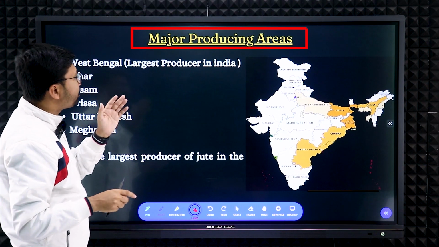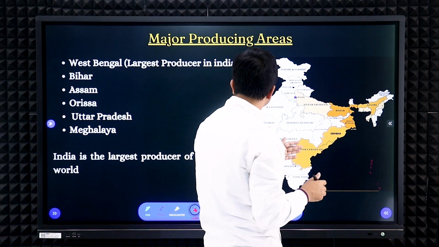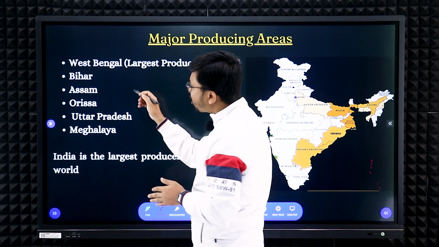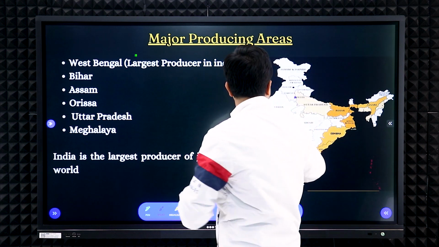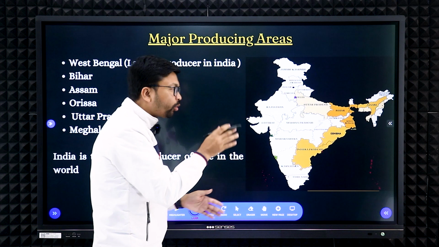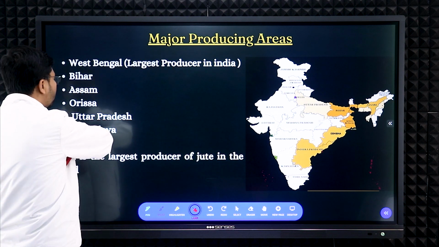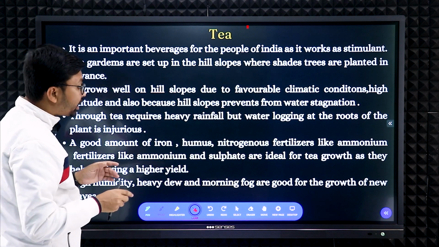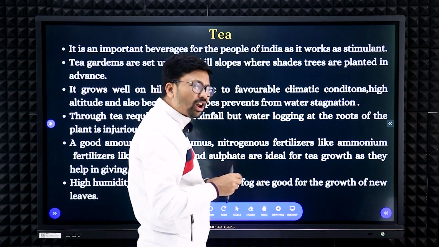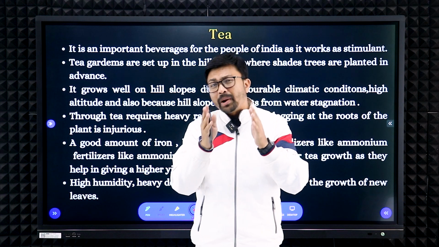Next, here you can see the major producing areas. What are those major producing areas? West Bengal, Bihar, Assam, Odisha, Uttar Pradesh, and Meghalaya. Here you can see those are the areas where we can get much more jute, especially the eastern side of India, right? Now the tea, one more important commercial crop,